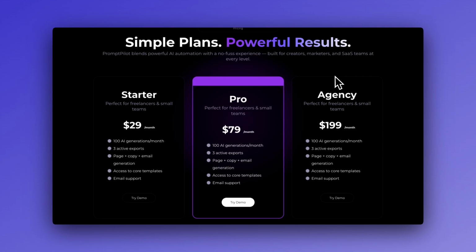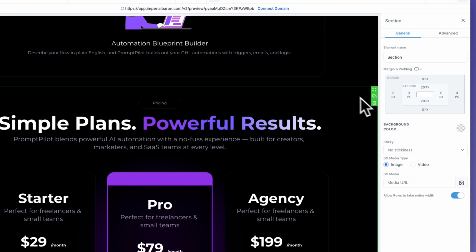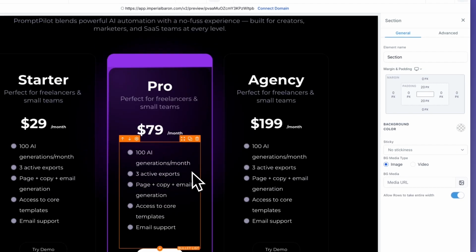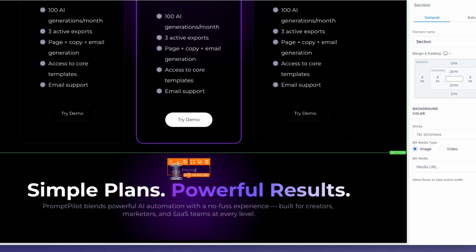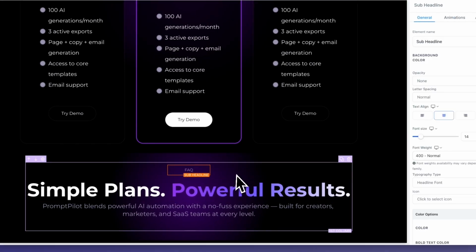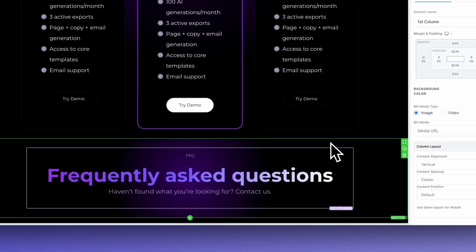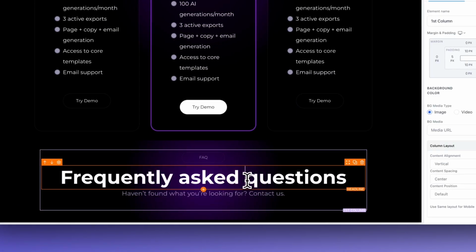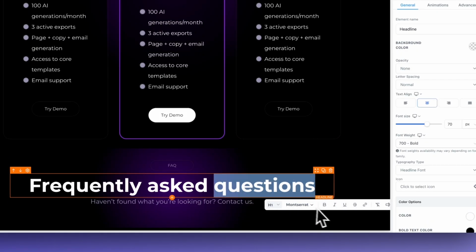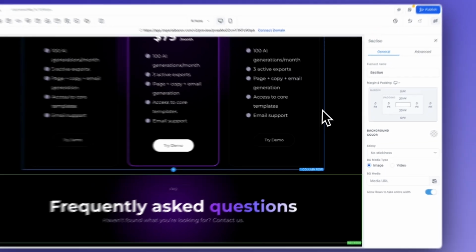Let's move on to the FAQ section, and how we are gonna do this is by again duplicating this existing section and deleting everything that we don't need. We change here FAQ, and let me change some text here. Perfect, we've added the text. Now let's change this to not bold, and maybe just this one or bold,